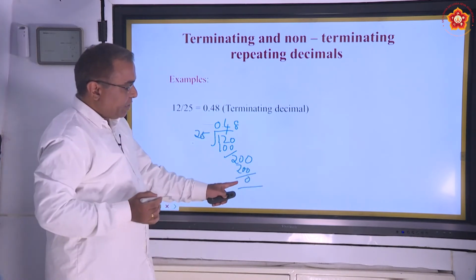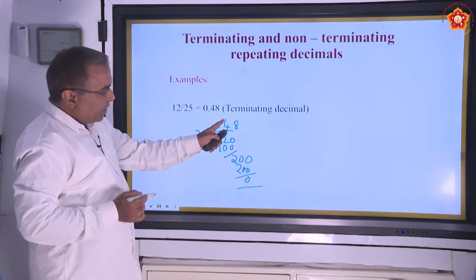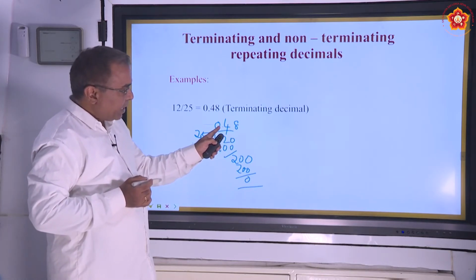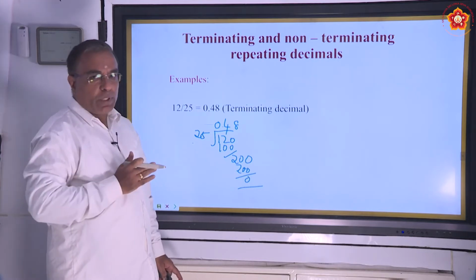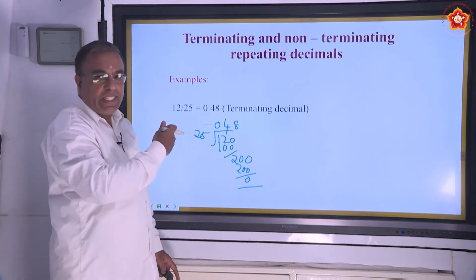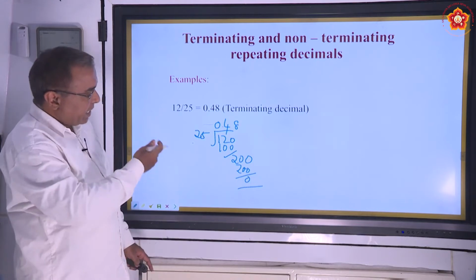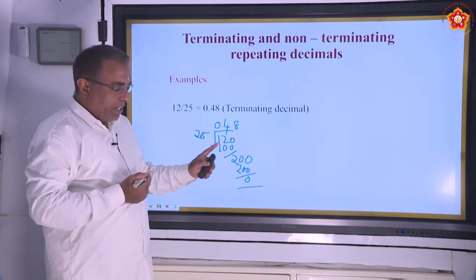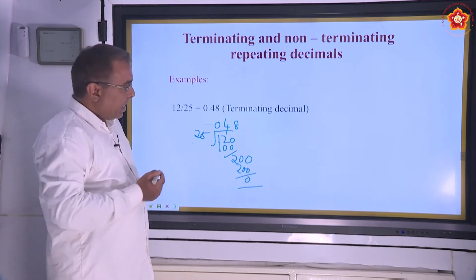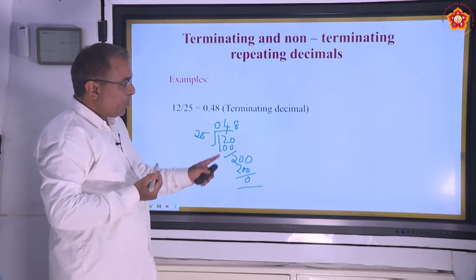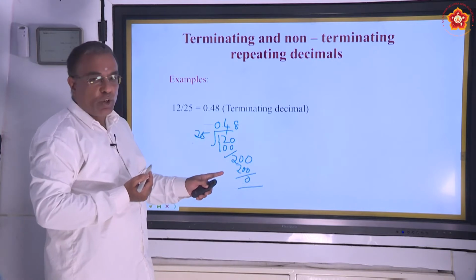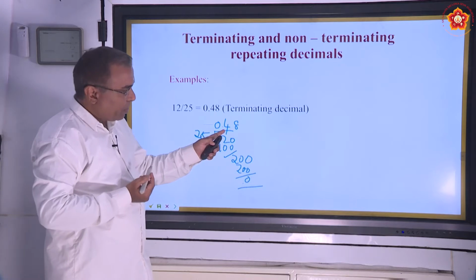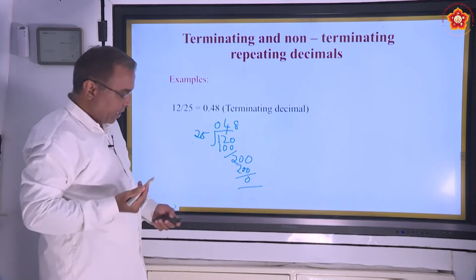See, here you observe the remainder is 0. How did we get 0? Because the number is terminating here. The numbers after the decimal point conclude at one stage. It is not continuing. We will see an example where it is continuing in the next one or two examples. Here, the remainder is 0, which means it will terminate, and the answer is going to be 0.48. It is known as a terminating decimal representation of a rational number. Both are the same. Here it is in the form p by q, but here it is in the form of a decimal. Both the values are one and the same.